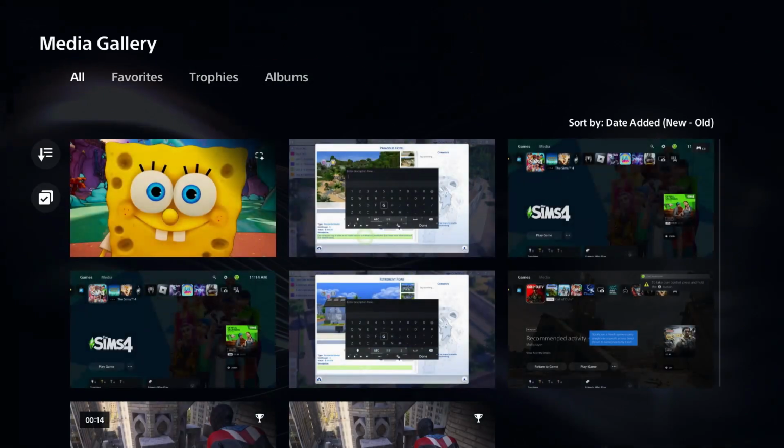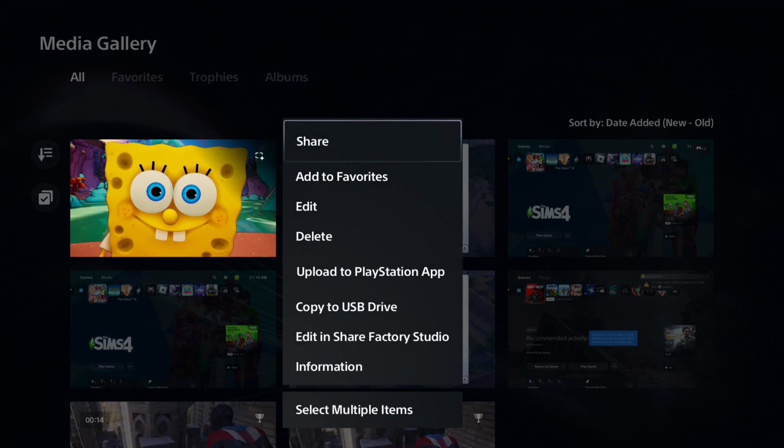Now, if we go back to all in the media gallery and you highlight the picture or video clip and you press the options or start button on your controller, here's where you'll find the option to share it. You can edit it, delete it, add it to your favorites. You can upload to the PlayStation app if you've connected your account and console to it, as well as edit and share Studio